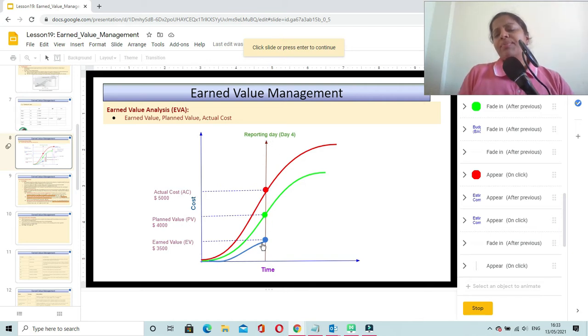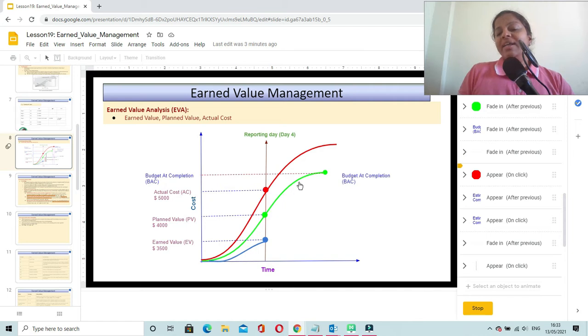And in any of our projects, we carry out performance analysis at regular intervals, and we try to understand, on that day or by that day, what is the performance of our project with respect to cost, with respect to the amount of work that is completed, and with respect to schedule. So now in this example, we have arrived at planned value, actual cost, and earned value. Now let us move ahead and understand a few more terminologies in earned value management.